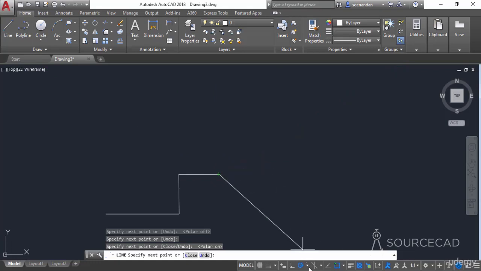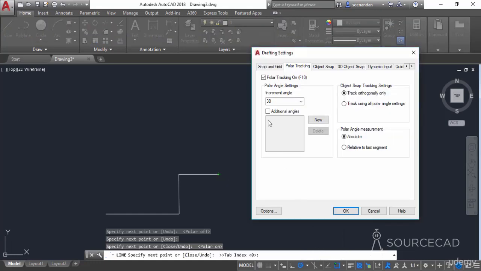When you go to polar tracking, you'll see that you have lots of other options also. For example, the 45-degree multiples, and the multiples of 23, 18, 15, 10 and 5. These are more than sufficient for your requirement. But if you want to add a custom angle, for example, let's say that we want to add an angle of 17.5 degrees, that also you can do. For that, click on tracking settings. Here, click on additional angles, click on New and add the additional angle. We need to add 17.5. Now press enter, and our new angle is added.